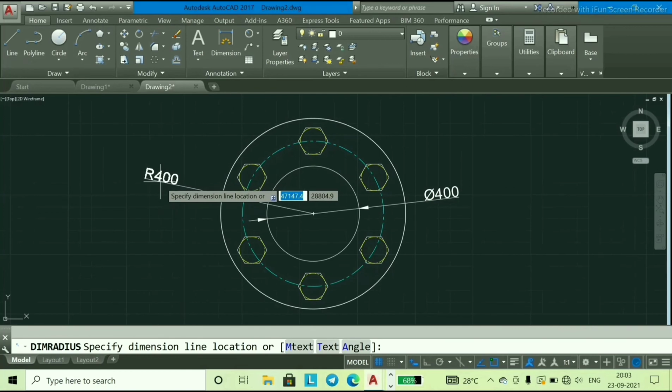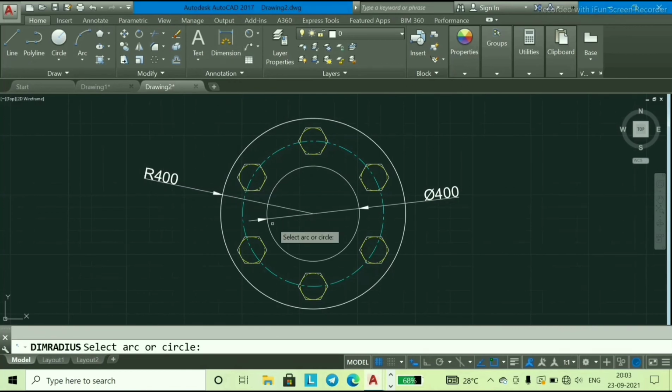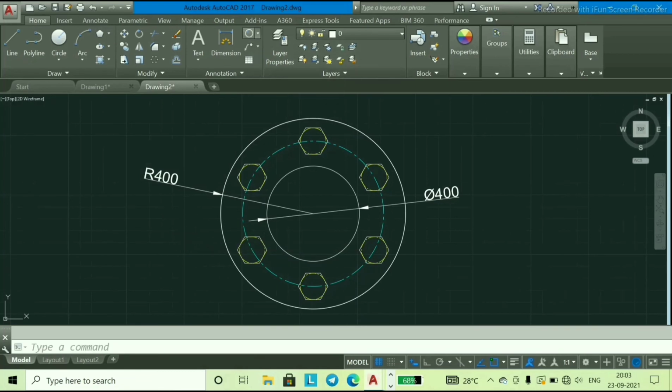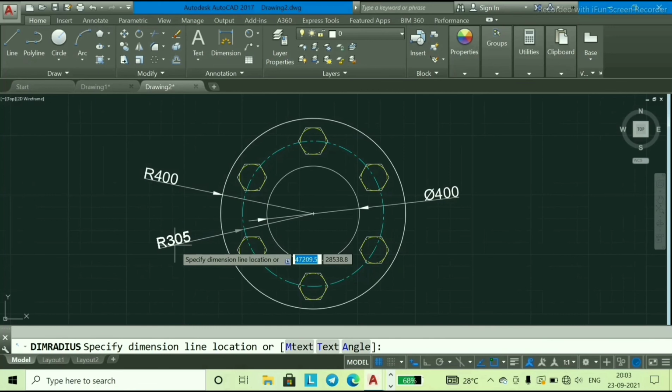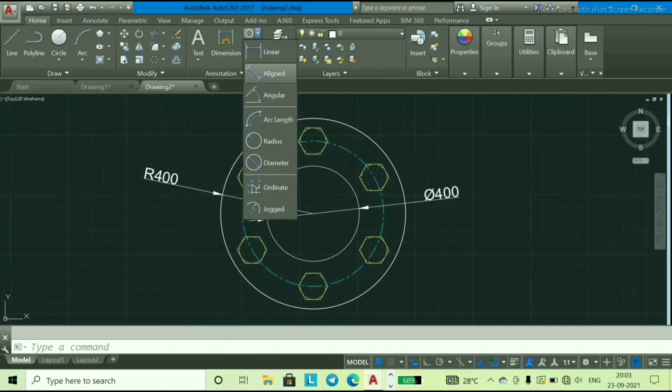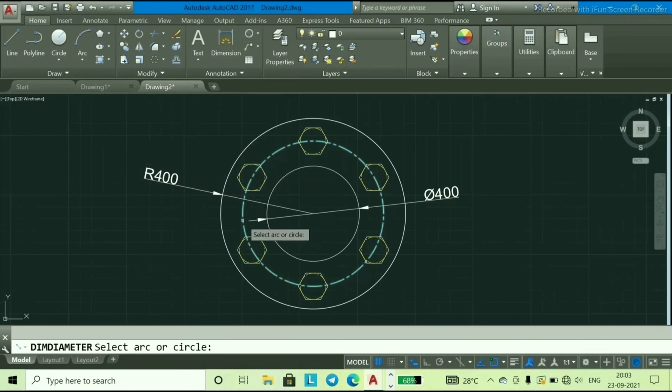I will select this one at a time. Like this it will show me. Or if you want to make this diameter, you can select this. OK.